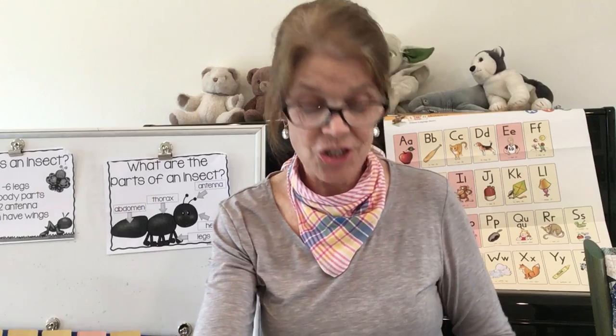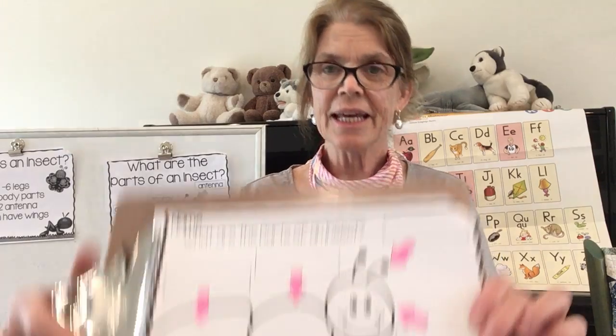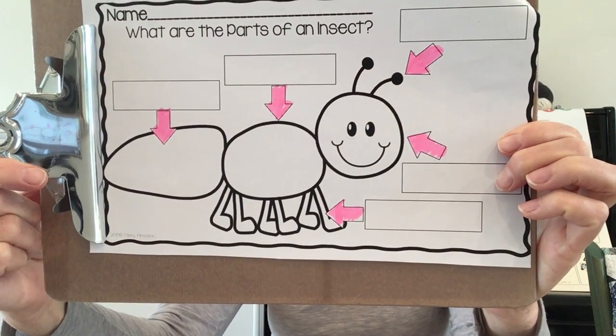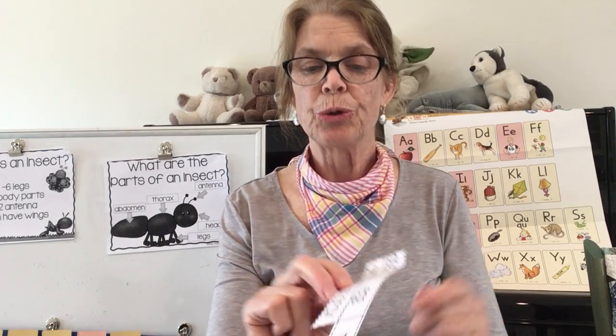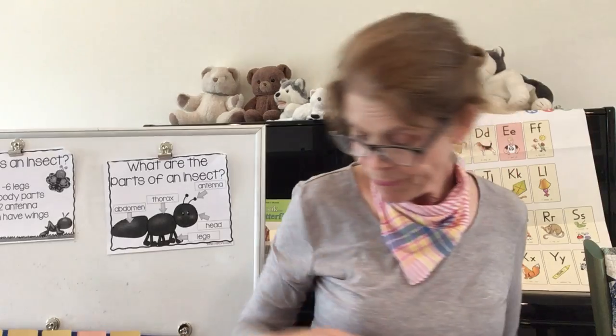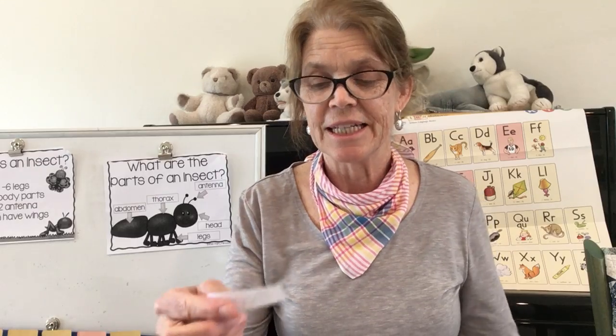There's a second sheet too, all about insects, but on this one, there's a big insect. It looks like an ant. I colored all of the arrows so I could see where it was pointing, and then it gives you words that go with the insect. So you're going to cut off one of the words and match it. I'm going to do one that's tricky. It starts with a T and an H. It's